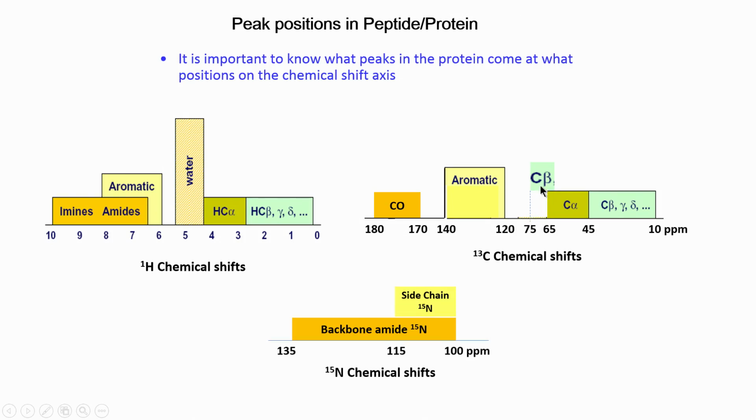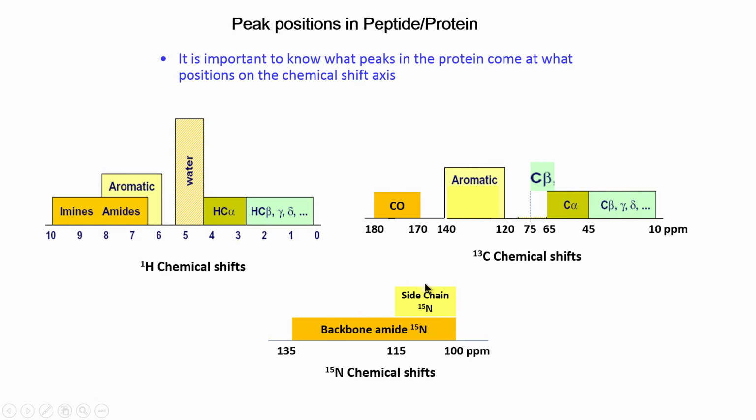But how do I know it is C beta first of all and it is not C alpha? There are some ways to distinguish in some experiments. Similarly, C beta of alanine comes in a very specific zone between 15 to 20 ppm, and any C beta which comes there can be immediately assigned to alanine. So, C beta chemical shifts do carry information of the amino acid type, but N15 unfortunately does not. So, based on chemical shift of N15, except glycines, it is very difficult to tell which amino acid that is.